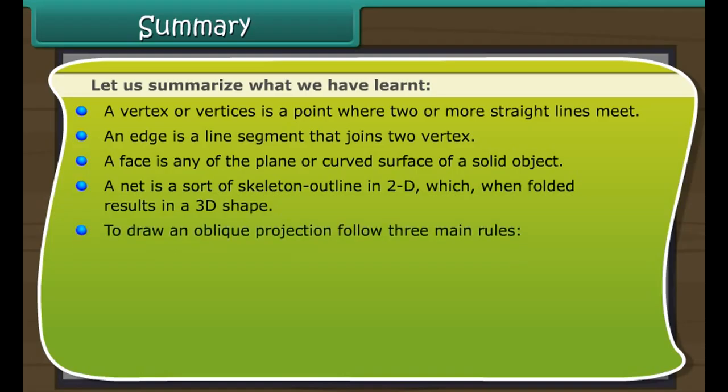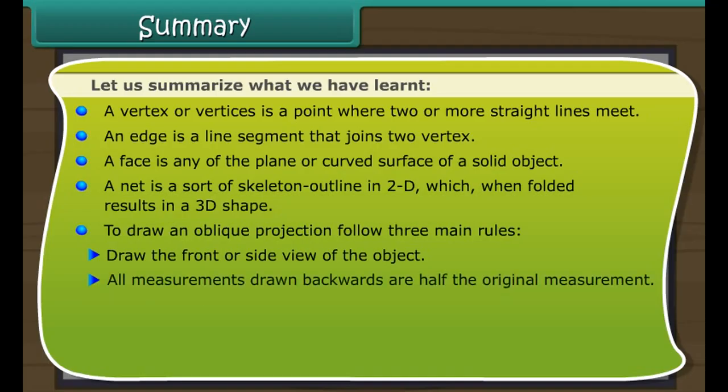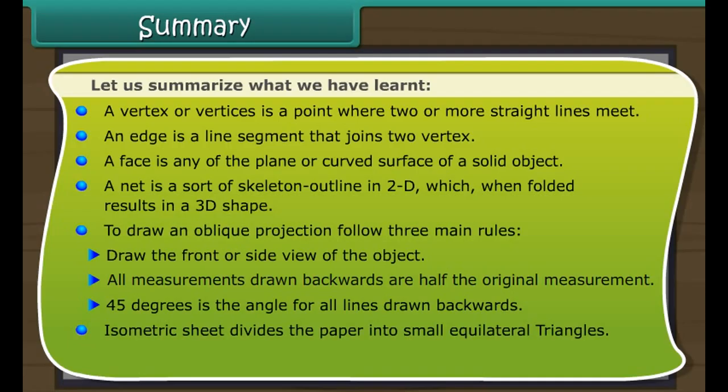To draw an oblique projection, follow three main rules. 1. Draw the front or side view of the object. 2. All measurements drawn backwards are half the original measurement. 3. 45 degrees is the angle for all lines drawn backwards. Isometric sheet divides the paper into small equilateral triangles. Shadow play